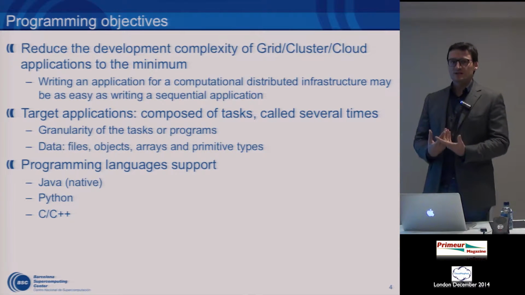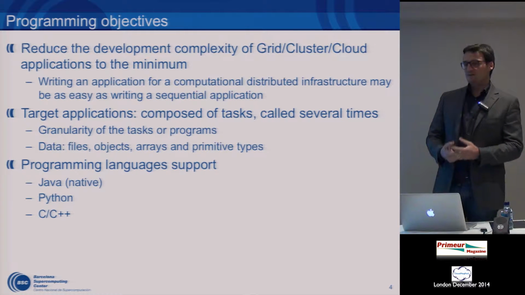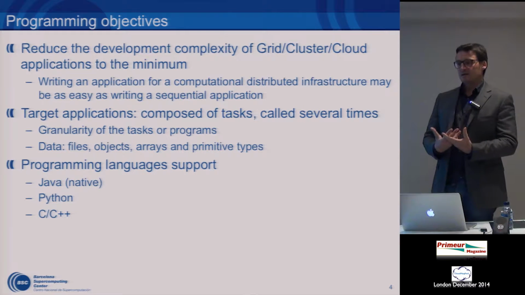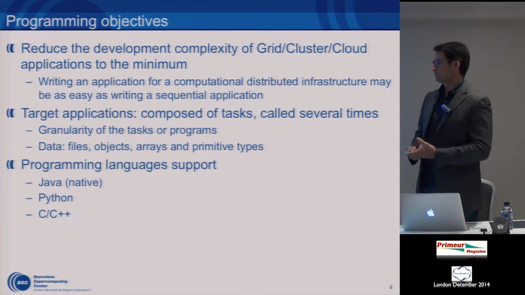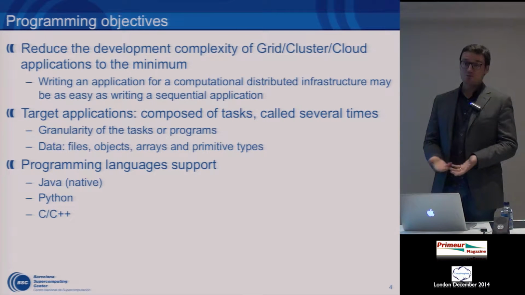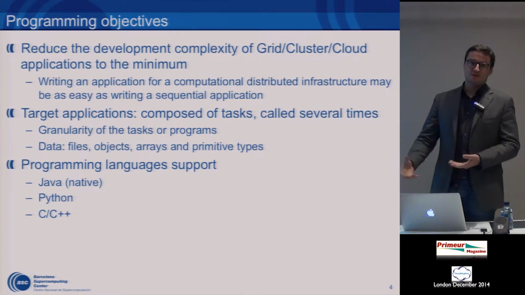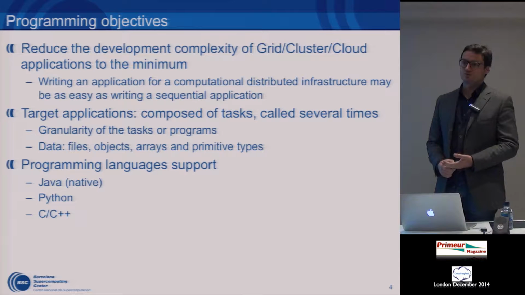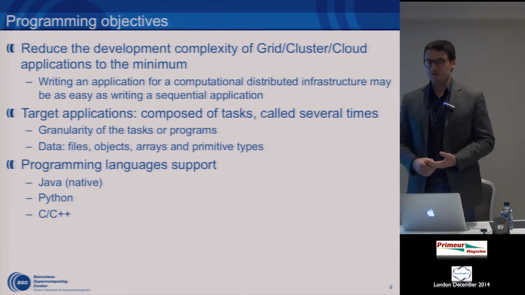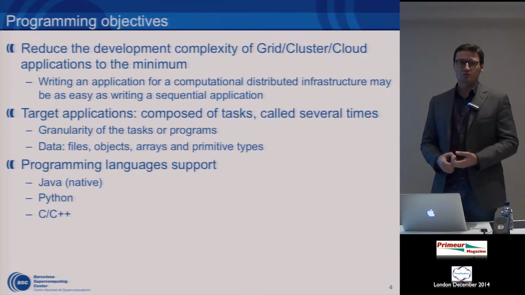We are talking about programs, binaries, for example, and these tasks are executed as a workflow, and the data exchange can be files, objects, data arrays, or other primitive types. We natively support Java, which is the native language of COMPSs superscalar, but we also have bindings for C, C++, and for Python, which is interesting because many scientific communities, for example life science, have many applications